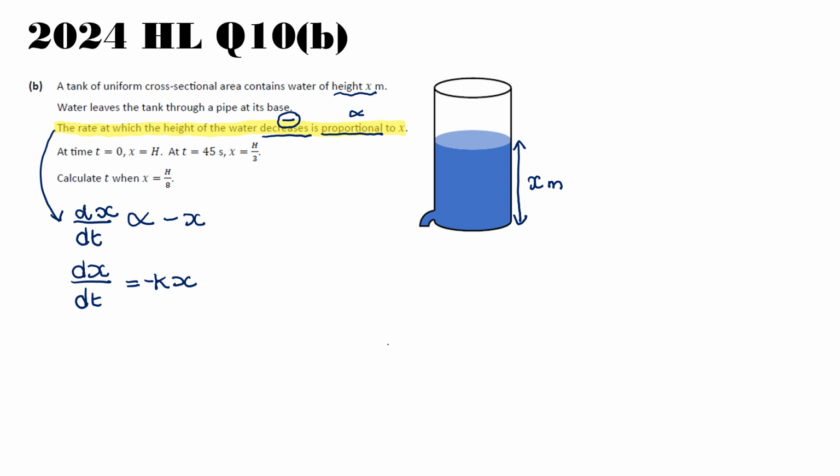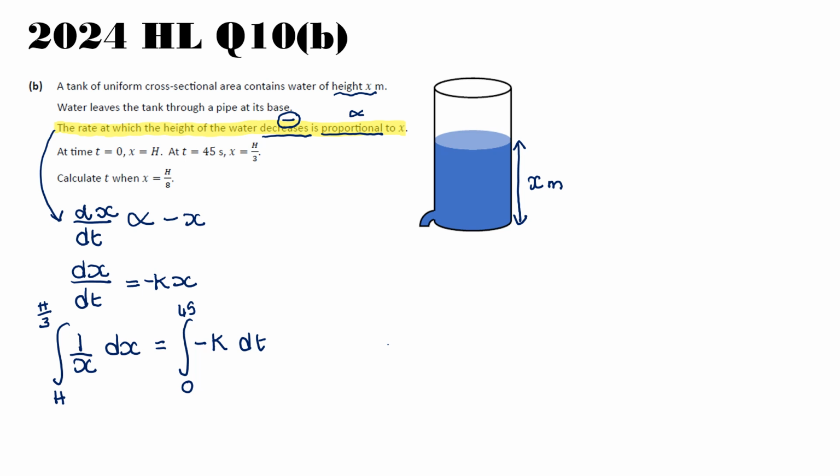So now that we've done that, we're going to separate our differential equation and solve it. So I'm going to bring the x over, but I'm going to leave the minus on the right hand side. I prefer to leave my minuses on the right if I can, because generally they're going to be easier to work with. So then we have when the time is 0, x is h. Now, it's completely up to you how you want to do this. Some students will go and work out, let's find an equation or an expression with x and t. I'll go straight to when t is 45, x is h over 3,